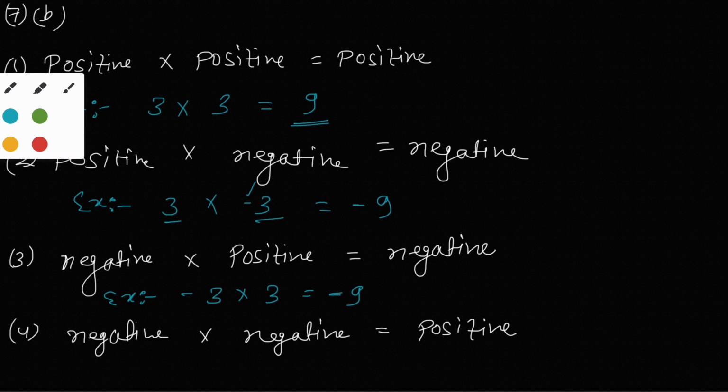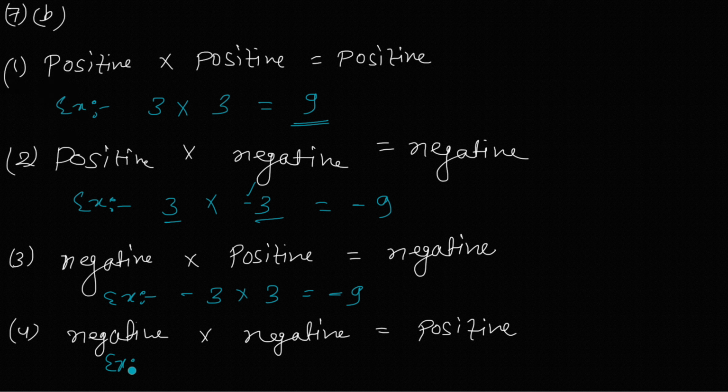Okay, let's understand with an example. Let's say I have minus 3 times minus 3, which will give you 9, but it will be positive. Why? Because negative times negative is positive. So you can say